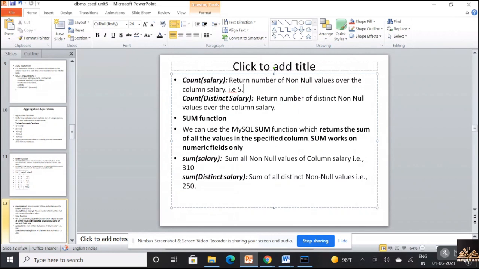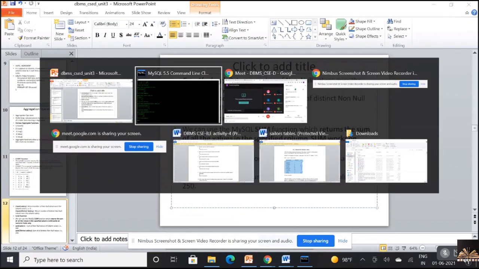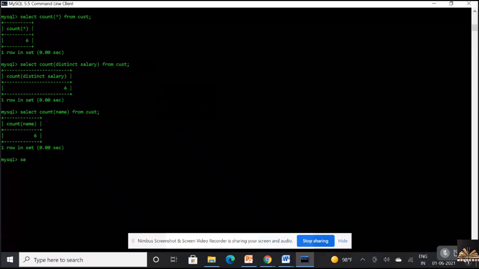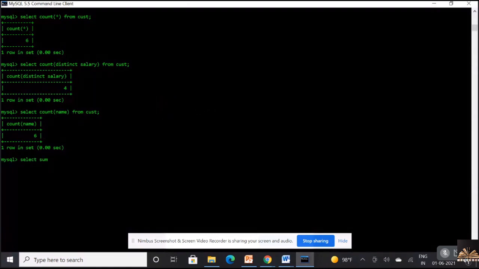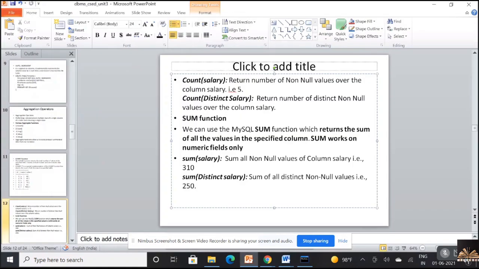Now, as an example, select sum of salary from CUST. So 310 it's giving me. The value is written as 310.